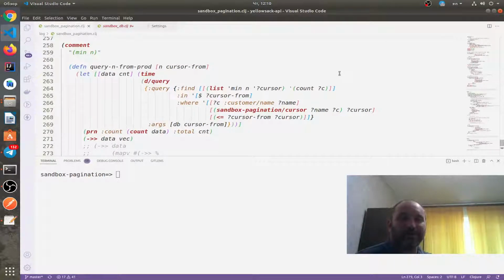Hello, and today is our final nail about Datomic pagination. Today I'll introduce you the final algorithm which we use on production and which is smart, fast, short